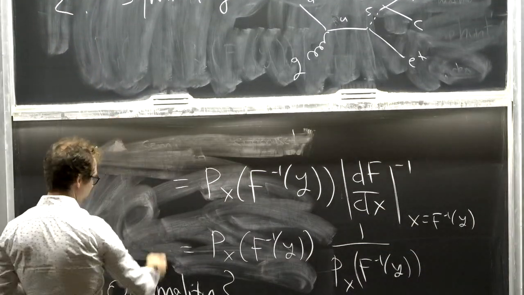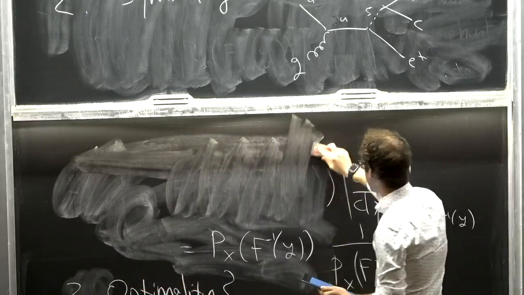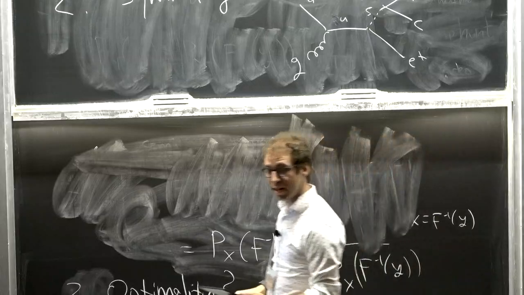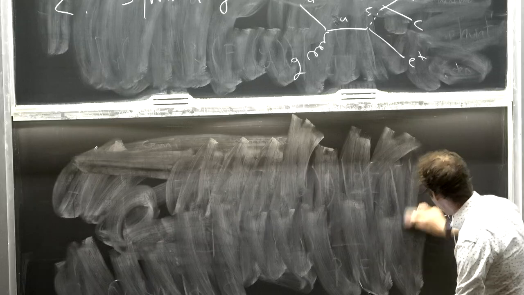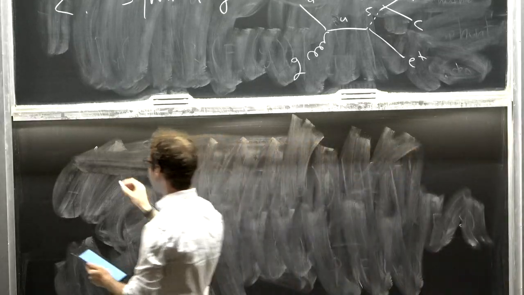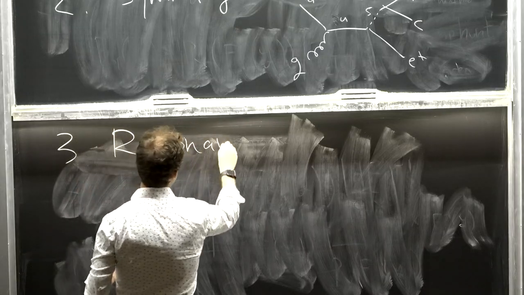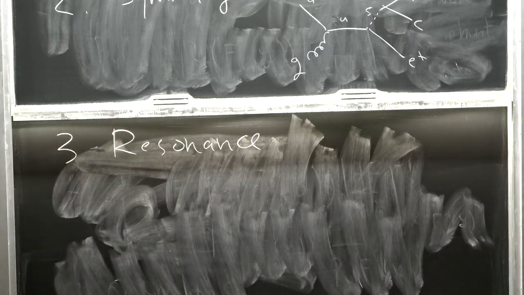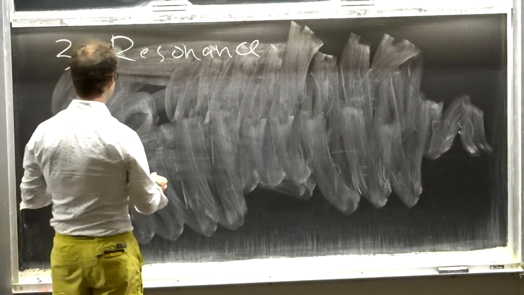The third option, and the one I'm going to spend the rest of my time talking about, is the case where you have a resonance. So if you have a resonance, that does require that I have some on-shell particles that are produced. But generally, you have some new heavy particles in your theory that are accessible at the energy of your collider, for instance, then you will have a resonance. And you can use sidebands.